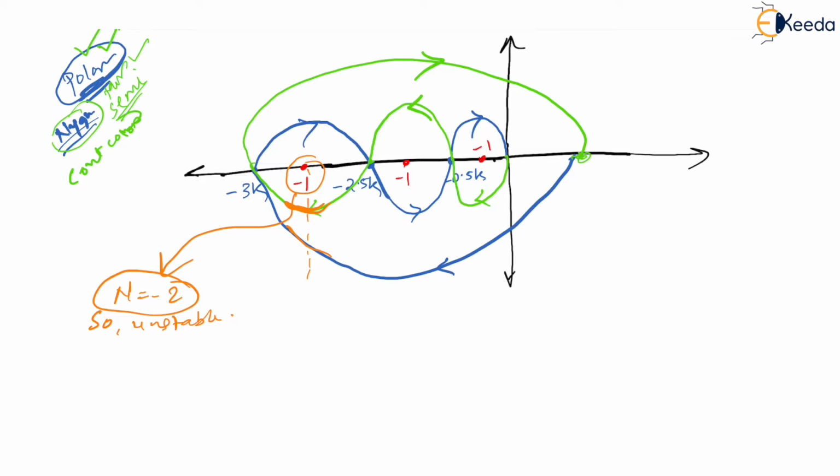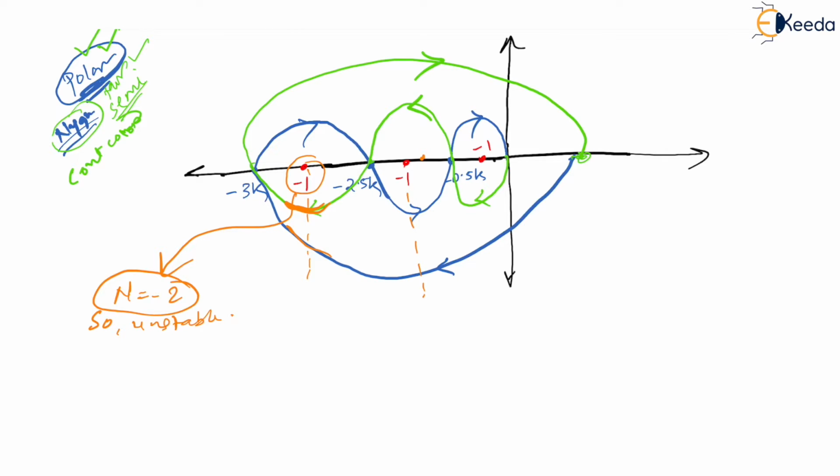Why do you understand that? Because if encirclements are 0, we say that it is stable. But now if you see, encirclements are 2, so it is unstable. Right. Now if you check out here, if you see what is happening around this, let me just put it this way.